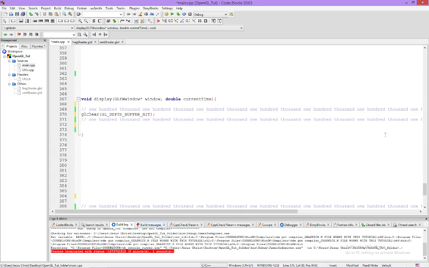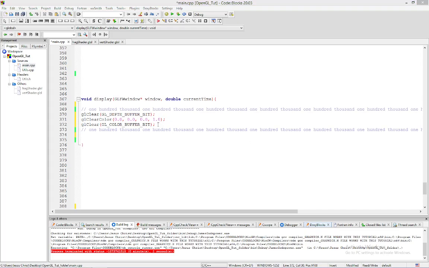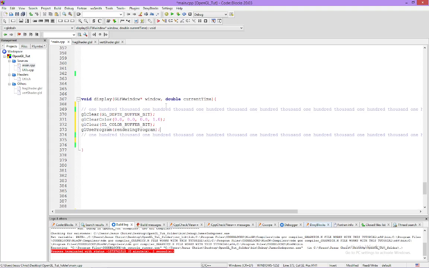This is glClear(GL_DEPTH_BUFFER_BIT); glClearColor(0.0, 0.0, 0.0, 1.0); glClear(GL_COLOR_BUFFER_BIT); Feel free to pause the video so you can make sure that you type it correctly. glUseProgram(renderingProgram);